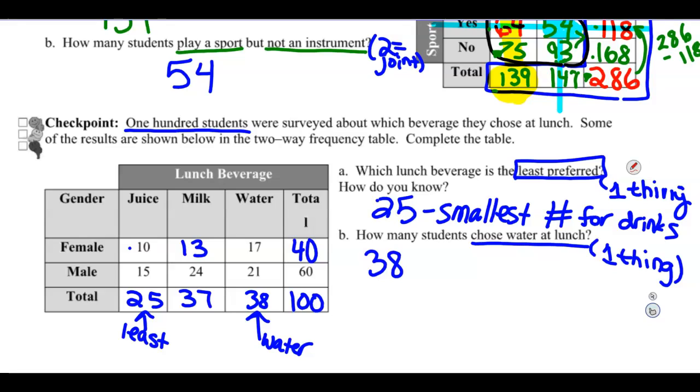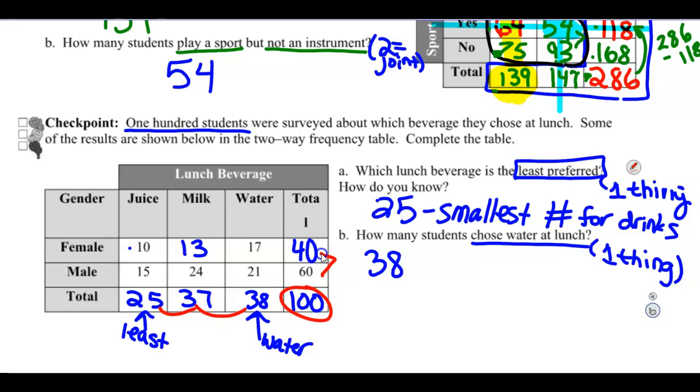A little hint is make sure when you're finding these two, they need to add up to the 100. And then again, your totals on the bottom should add up to 100. That way you know you got all the middle numbers right too. So then just make sure your answers match. So then we're going to go to the back and we're going to talk about a little bit of a